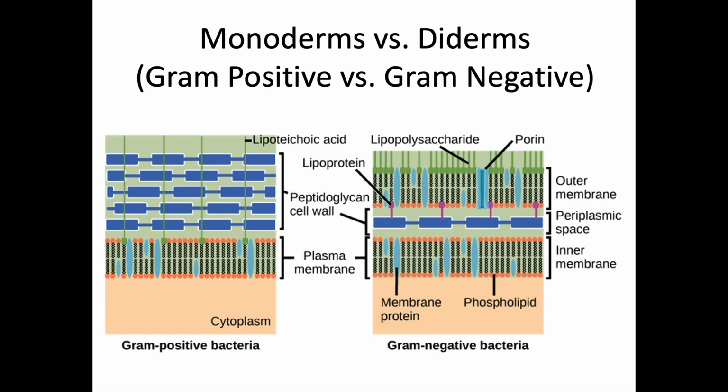Neither one of these strategies is better than the other. If that were true, selective pressure and natural selection would kick in. These are both good ways to have a strong cell wall, either lots of peptidoglycan or a little bit of peptidoglycan and an extra membrane outside of that. But you should be familiar with these two major groups of